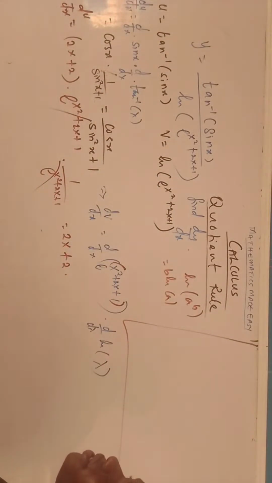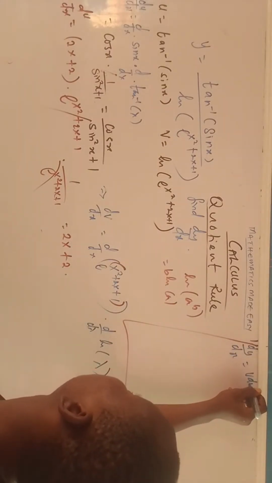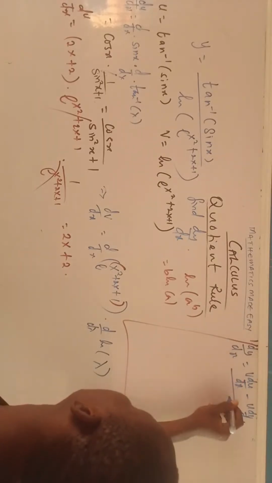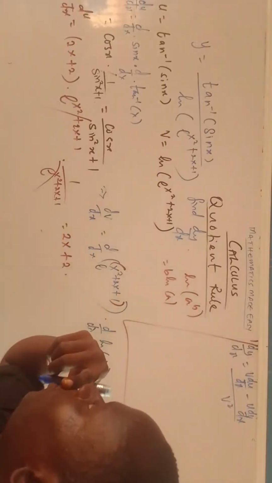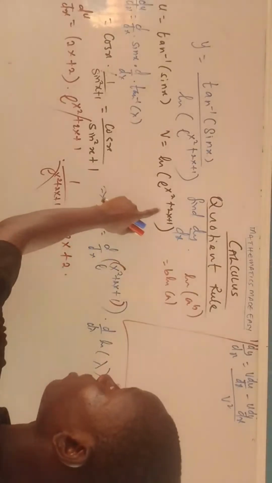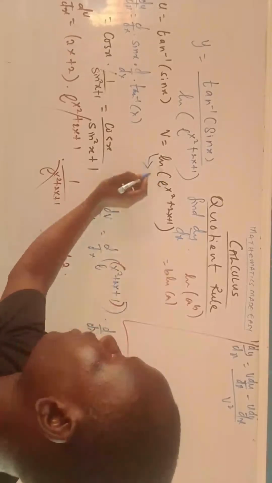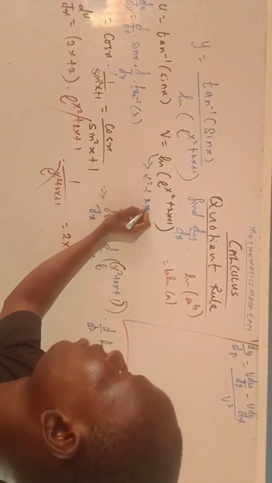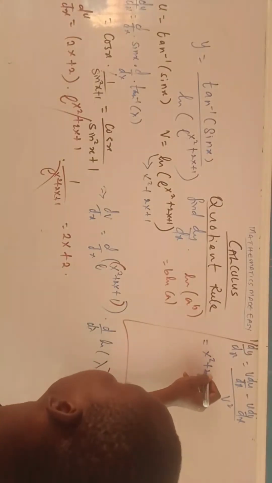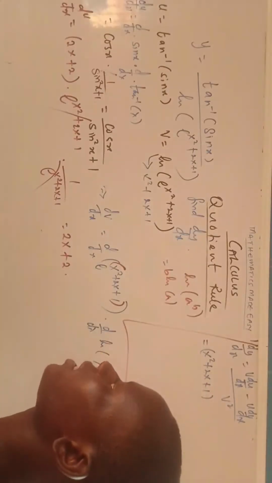Now, to find the final derivative, we know that dy/dx is equal to v du/dx minus u dv/dx, then everything over v to the second power. So what is our v? Our v is this guy, which is also x² + 2x + 1. Don't forget, we already said that this is simplified into x² + 2x + 1. So we're going to have x² + 2x + 1 multiplied by du/dx. So what is our du/dx? Our du/dx is